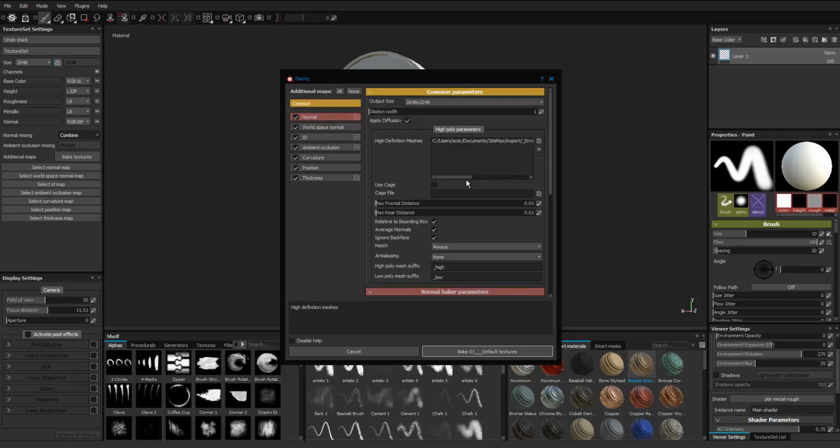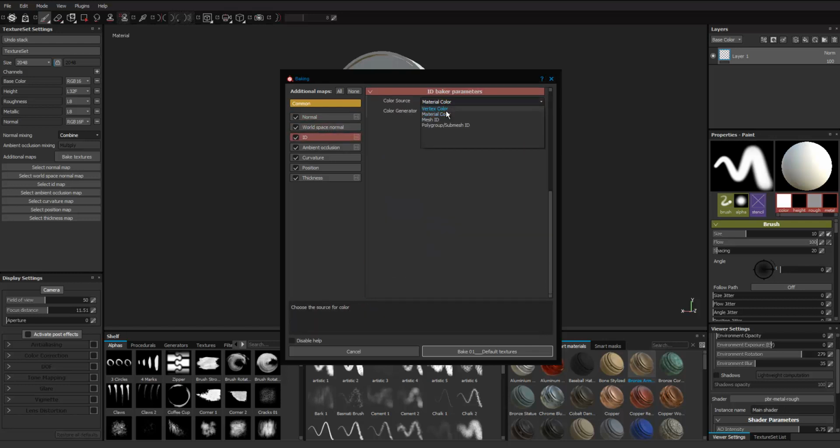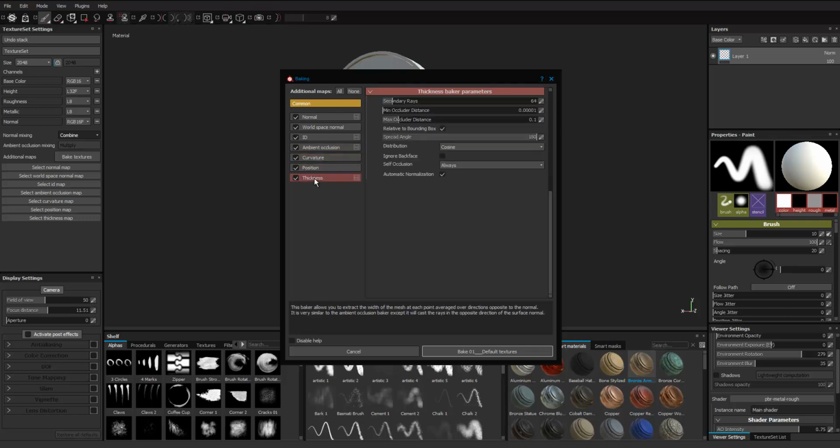So we will import the high poly, as you can see, and we'll change some parameters here, like the anti-aliasing and suffixes, and the match, which is going to be by mesh name, ambient occlusion, ID, curvature,